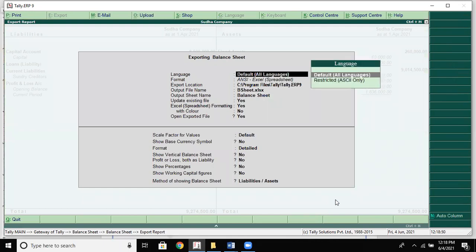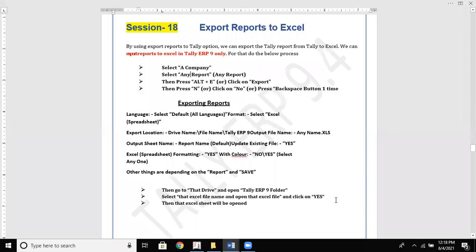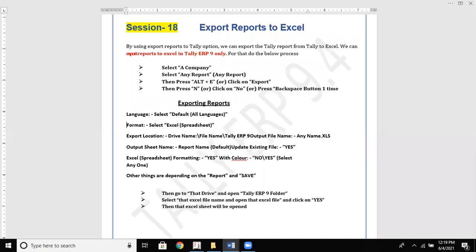So here you can see the parameters you are going to give. Language: which language you want to go for. You need to select the default language. Format should be Excel, nothing but spreadsheet, and export location, to where you want to export this.